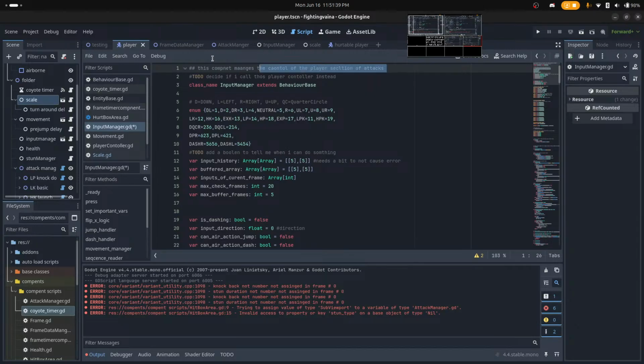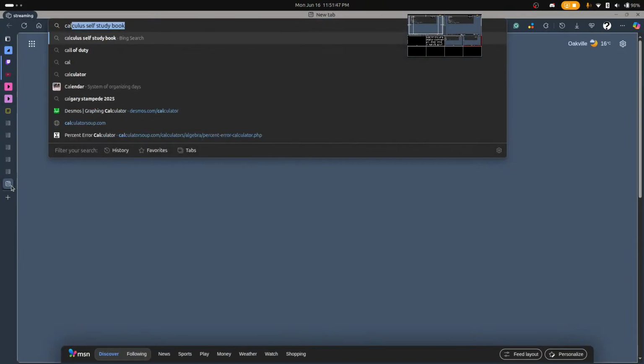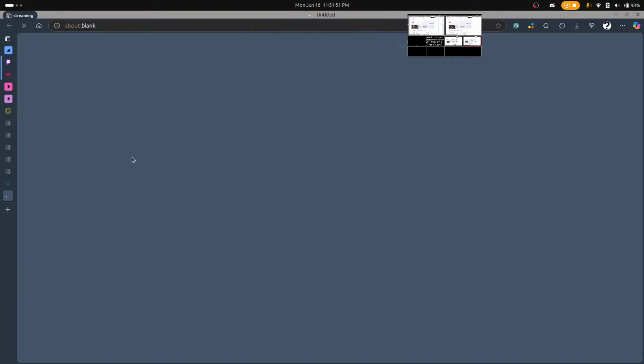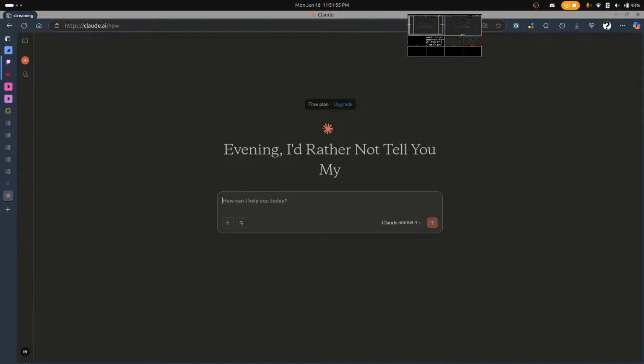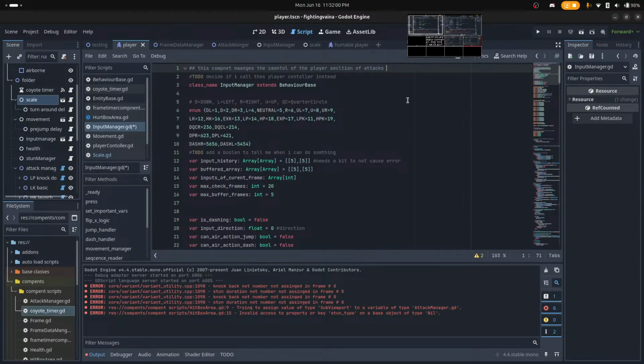I am going to write this into something else just to fix that. It's going to be Anthropic's Claude. Doesn't matter what I type in, I'll always link to it at some point. It manages the control of the player, selection of attacks,